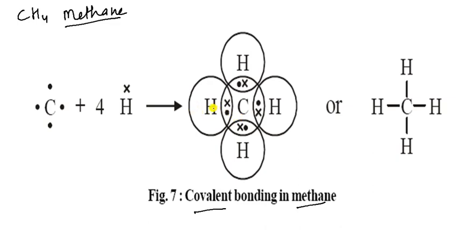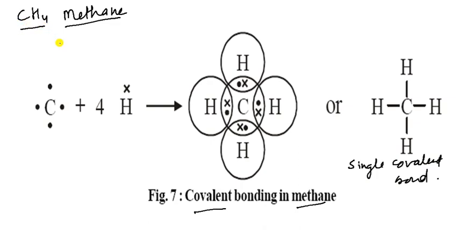Carbon has 4 electrons in the outermost shell, whereas hydrogen has only 1 electron in the outermost orbit, but they have 4 hydrogen atoms. So it is arranged like this, 4 hydrogen atoms, and they share their electrons with the carbon atom: 1 hydrogen electron and 1 carbon electron, here and here and here also. Hydrogen wants only 1 electron to complete its duplet, not octet, it is a duplet.